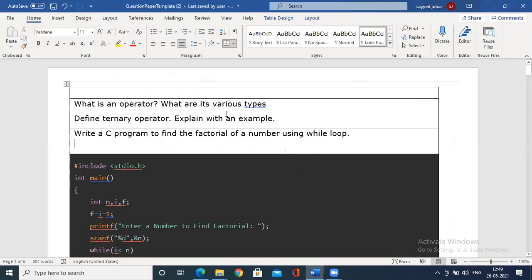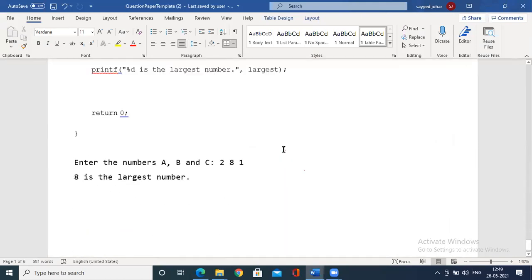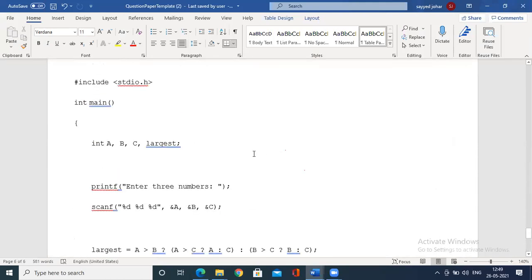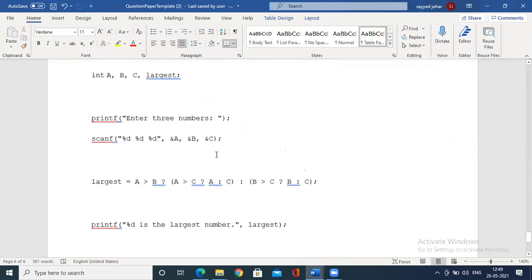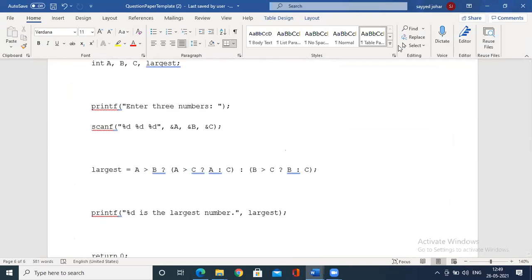And what are the various types? List them. And define the ternary operator. Explain with an example for the ternary operator. In the last class I explained what a ternary operator is. The syntax of the ternary operator is always given. How is it written? First you write the condition, followed by a question mark.